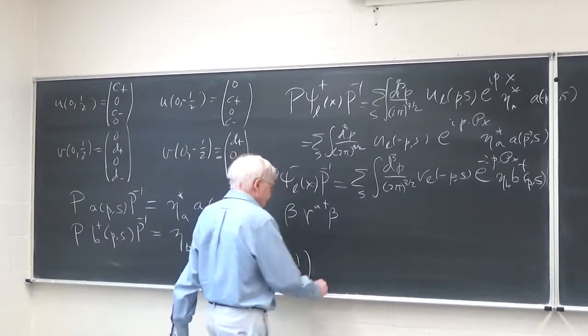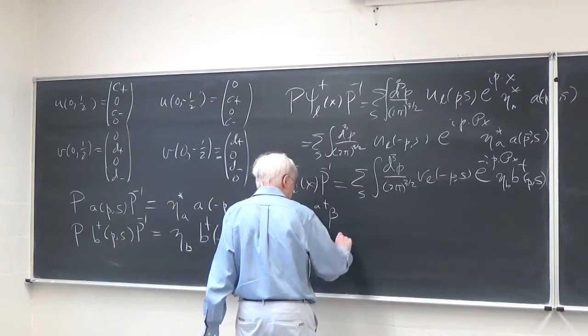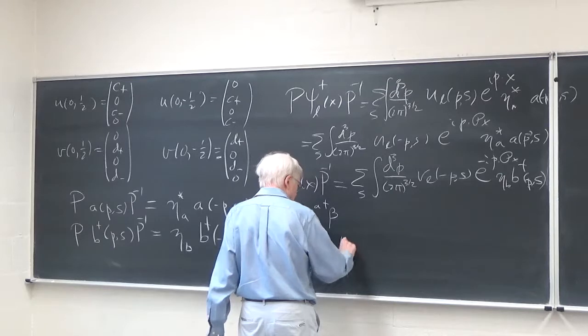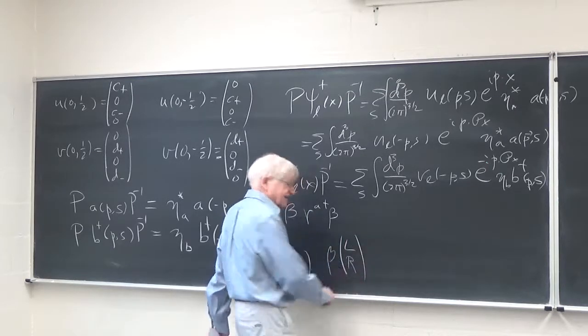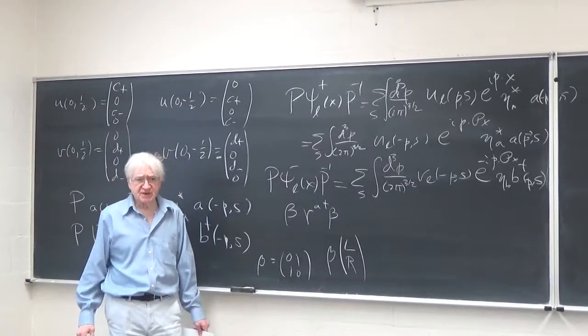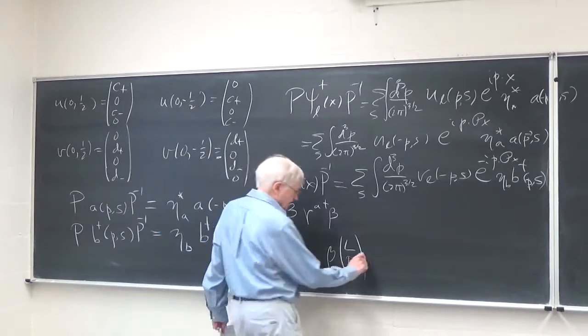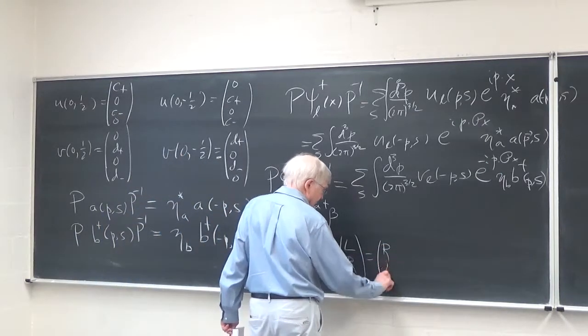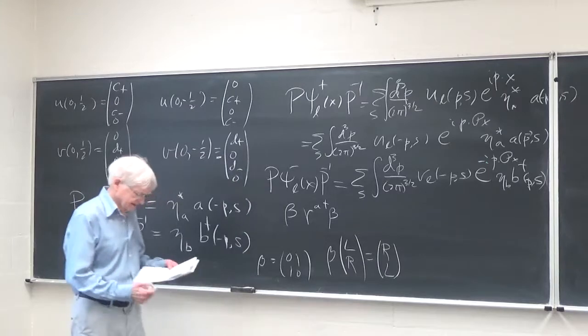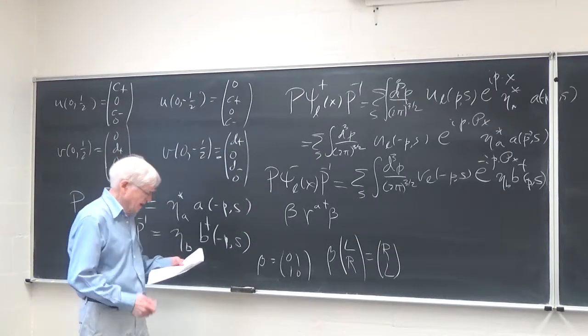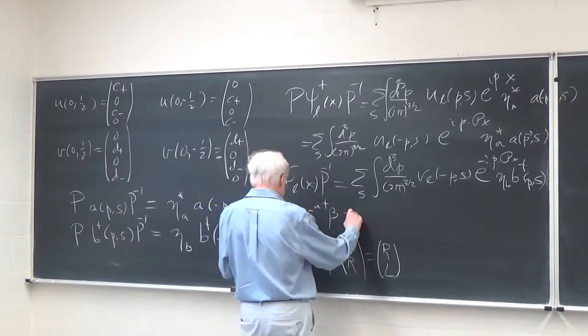So in other words, beta on something that we could call left, right, let's just make them two component spinors, it just flips it like that. That's why beta is parity. Anyway, this turns into